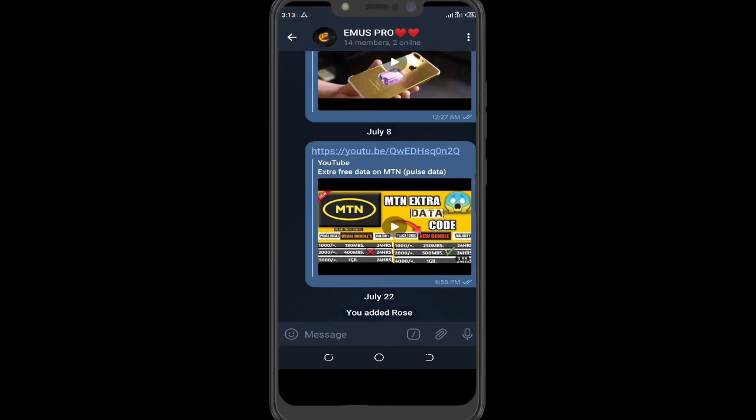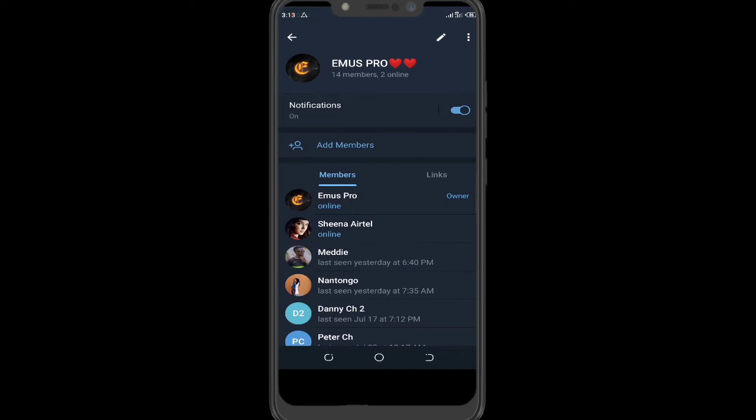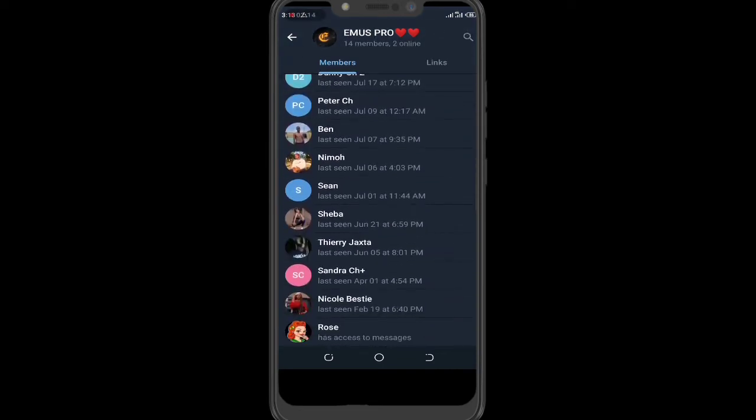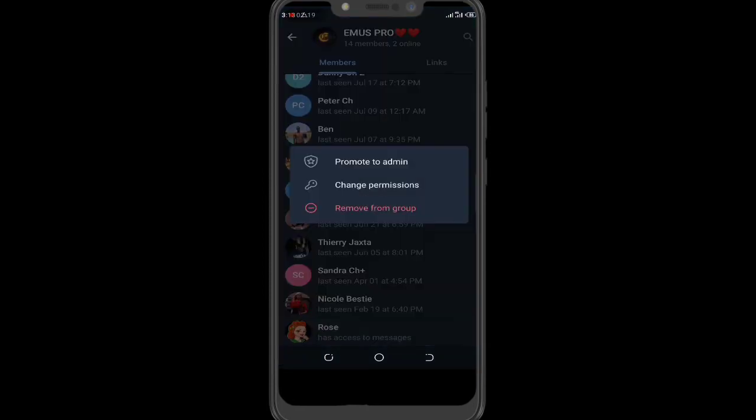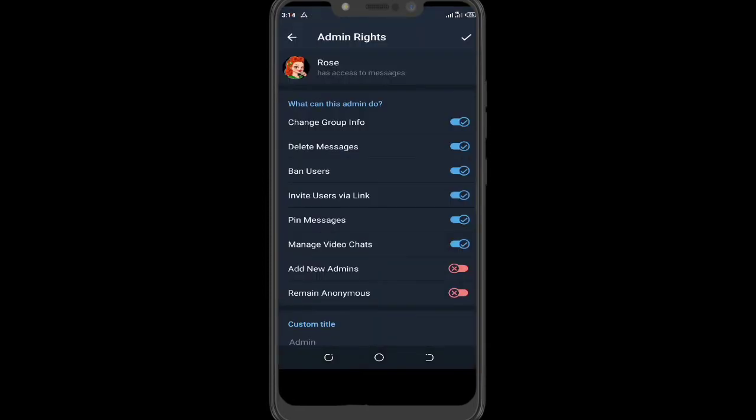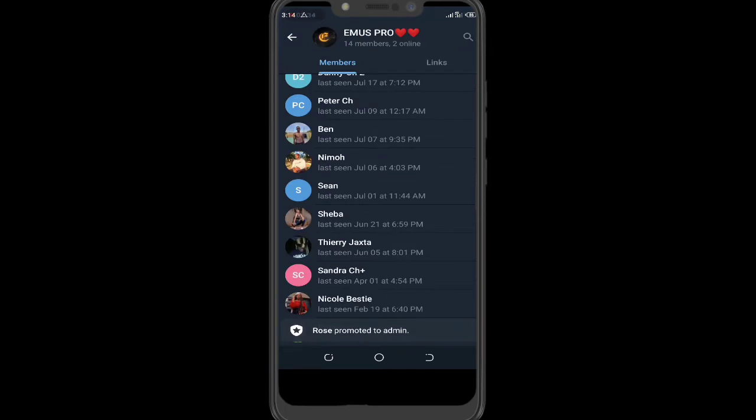In order to give Rose a command, I need to first make her an admin of this group. So let me go and make her an admin. You long press here on Rose. Then they will bring promote to admin. And here you can show what she can do, like ban users. Okay, so let me tick. This is what I want her to do. So Rose is being promoted